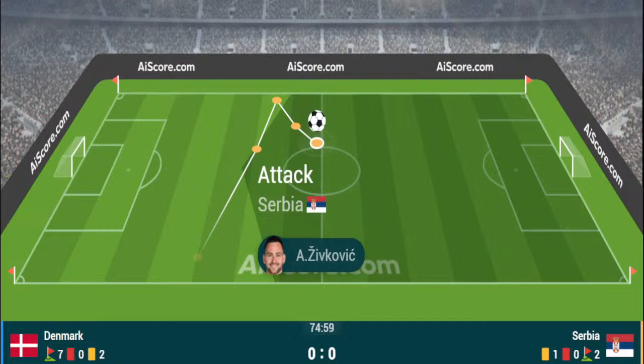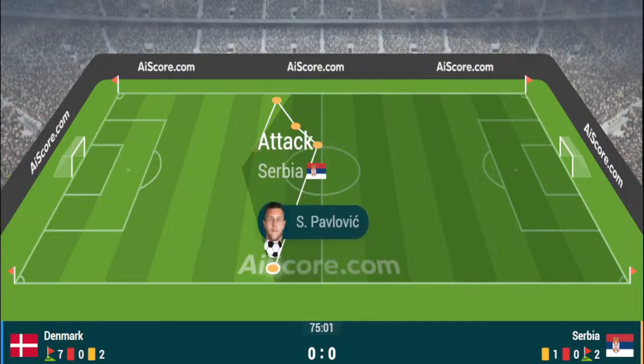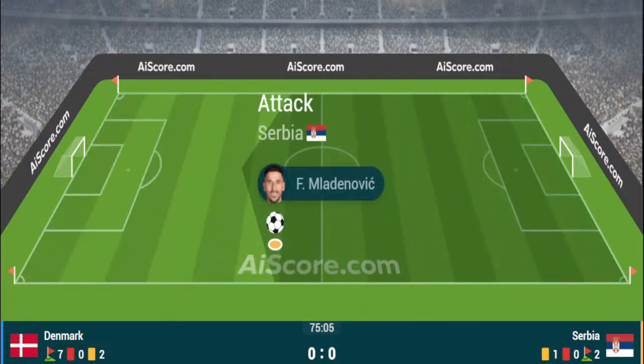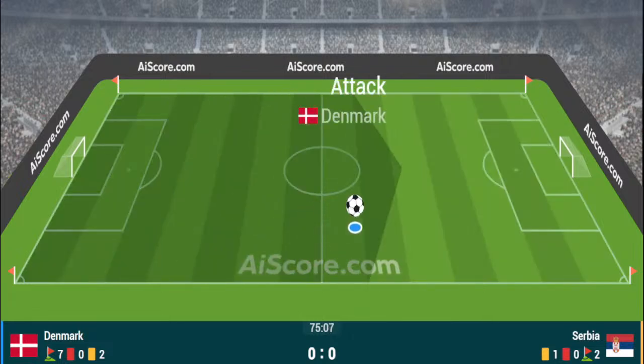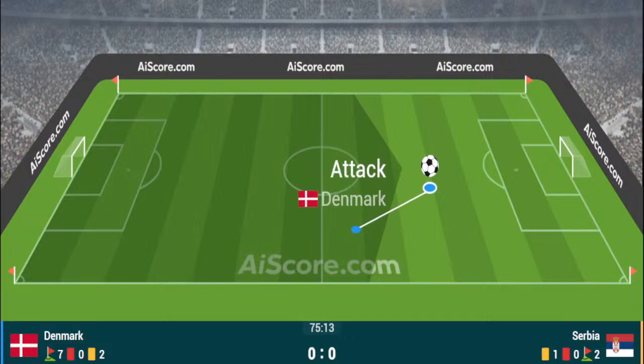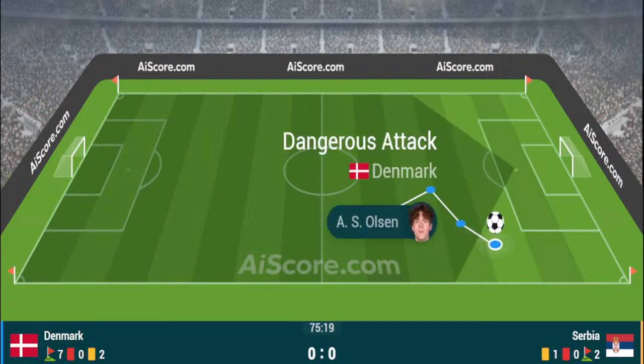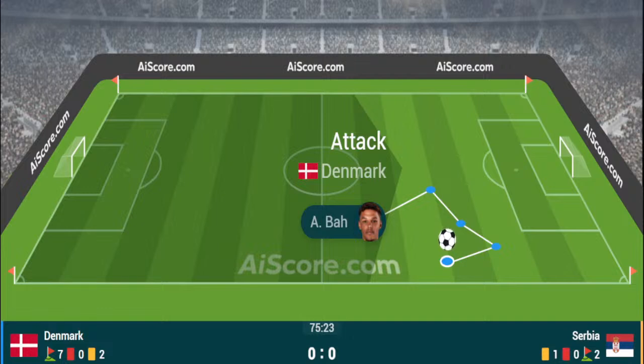But Denmark do win it back, and they're going to get a free kick here. Well, in fact, the free kick is going to be for what happened 5 seconds or so ago, and it is a free kick for Serbia. Serbia in possession as Denmark are lining up another double substitution, and I don't understand why as well. Looks as though Delaney's going to come on for Denmark, as Serbia are starting to dictate in terms of possession.